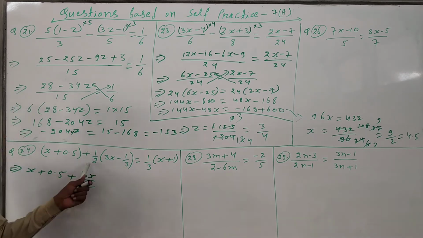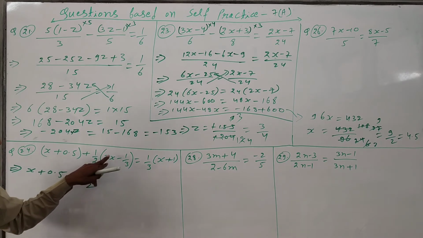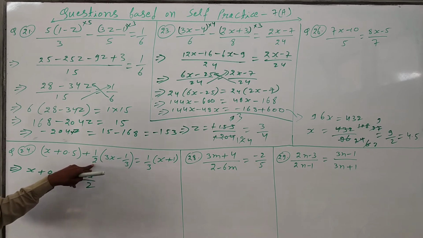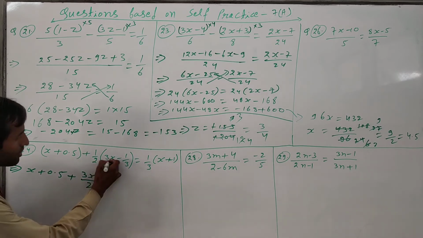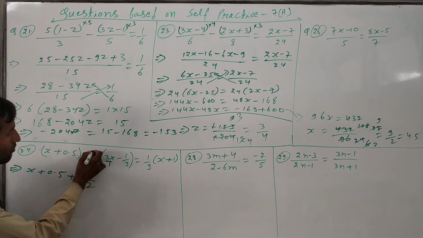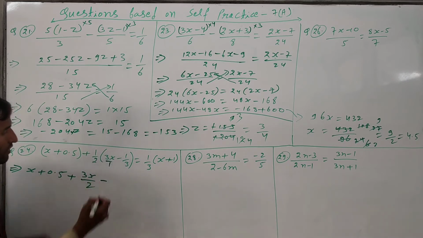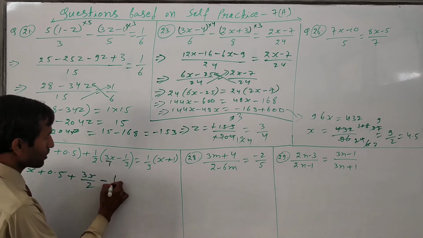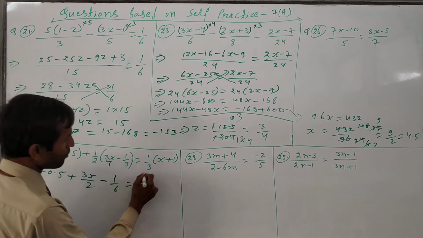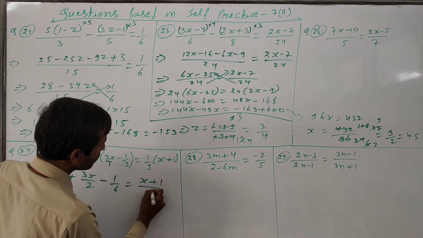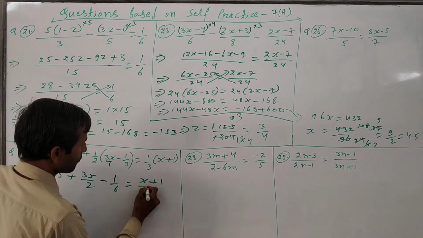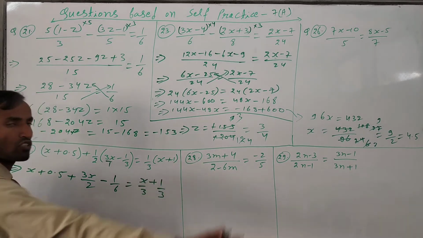Okay. So sometimes a student will do it wrong, like 2 3 6 they will write, but it will not be like this. Here is the numerator and this one is the denominator. So here nothing is written, means 1, then 2 is multiplied with 1 and 1 is multiplied with 3x. After that 1 upon 2 will multiply 1 upon 3, then 1 1 is 1 and 2 3 is 6, then 1 upon 6 will come. Okay. Now again here same process. So x plus 1 whole upon 3 you can write down like this. Either you can write x upon 3 or 1 upon 3, means individual multiplication.